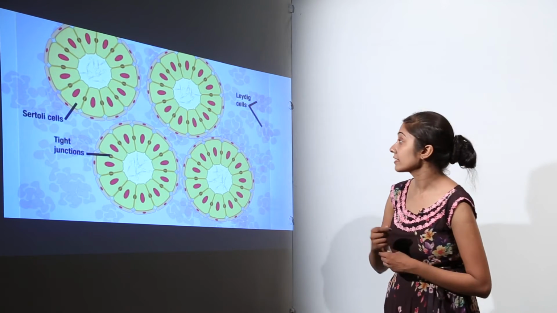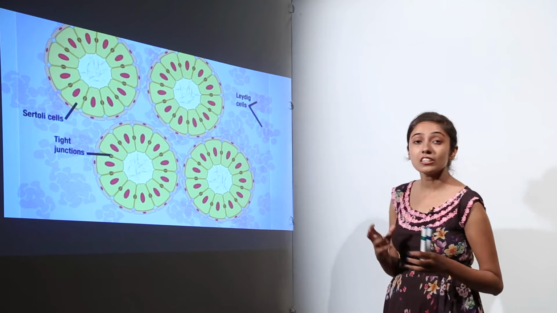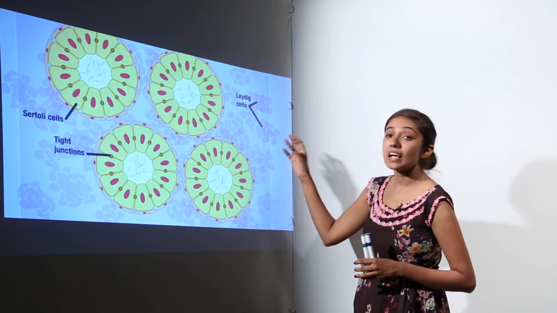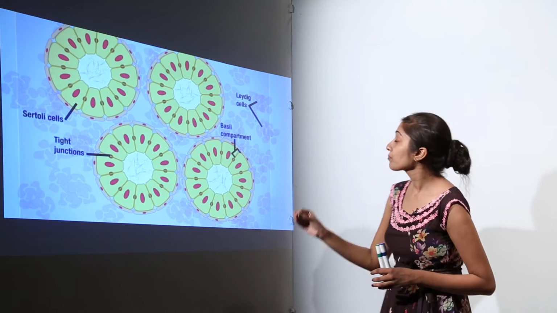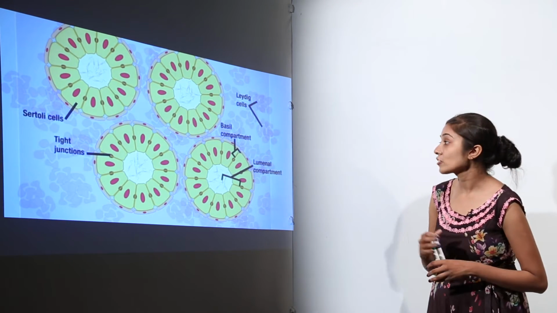These Sertoli cells or Nurse cells provide nourishment, and they also secrete ABP, that is androgen binding protein, which helps in spermatogenesis. In between these seminiferous tubules, we have Leydig cells. These are polygonal shaped cells. They are also known as interstitial cells, right. And these cells, they secrete androgens, means male sex hormones, that is testosterone.